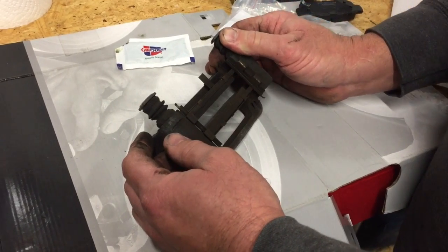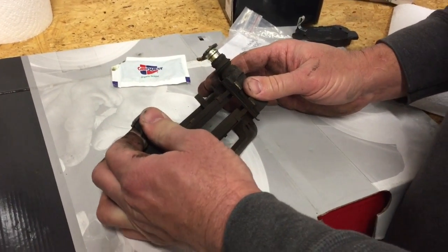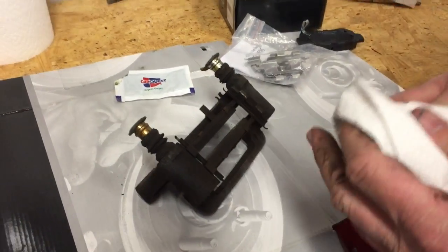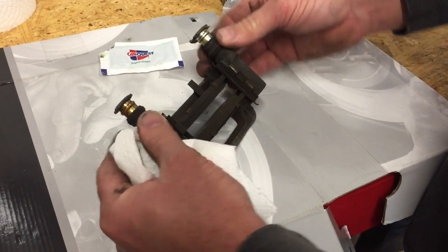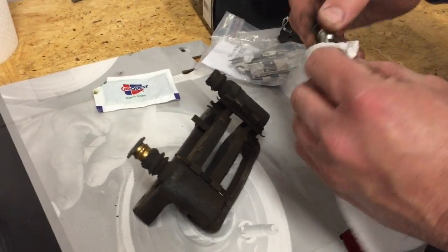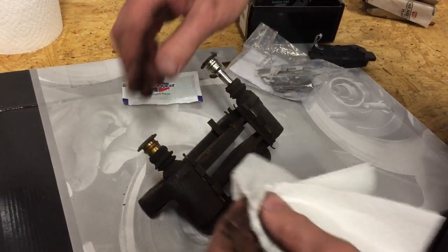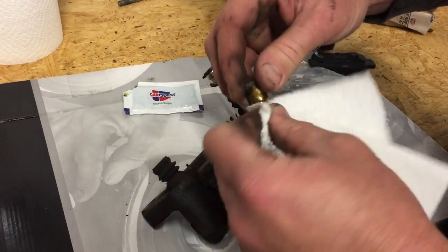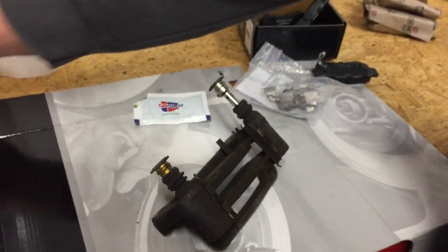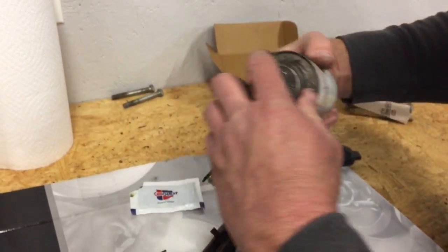Okay folks, back over here at the workbench, I brought this caliper bracket with me. We want to go ahead and start getting it prepared for the new pads and everything. So first thing I've done is pop the caliper pins out here. I'm going to go ahead and wipe the grease that's remaining on there out of the way. Wipe some of that off of there. And then we're going to take this 3M brand silicone paste,